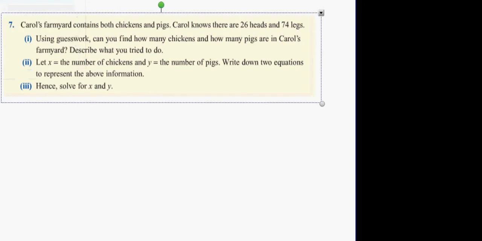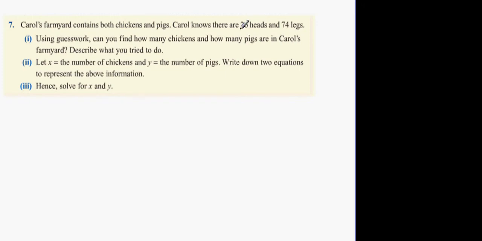This one here is exercise 3.1 question 7, alright? Carol's farmyard contains both chickens and pigs. Carol knows there's 26 heads and 74 legs. 26 heads means 26 animals, means the number of chickens and pigs is 26. 74 legs, however, right? So what I'm going to do is I'm just going to count up